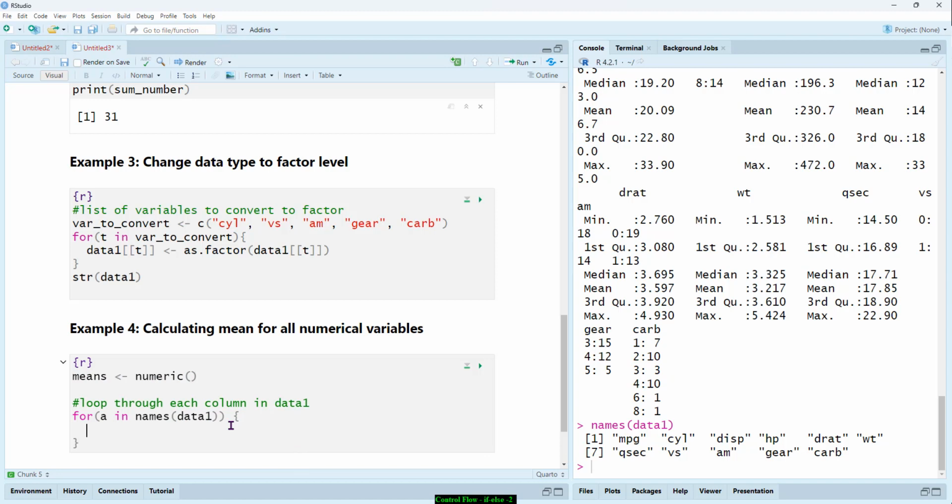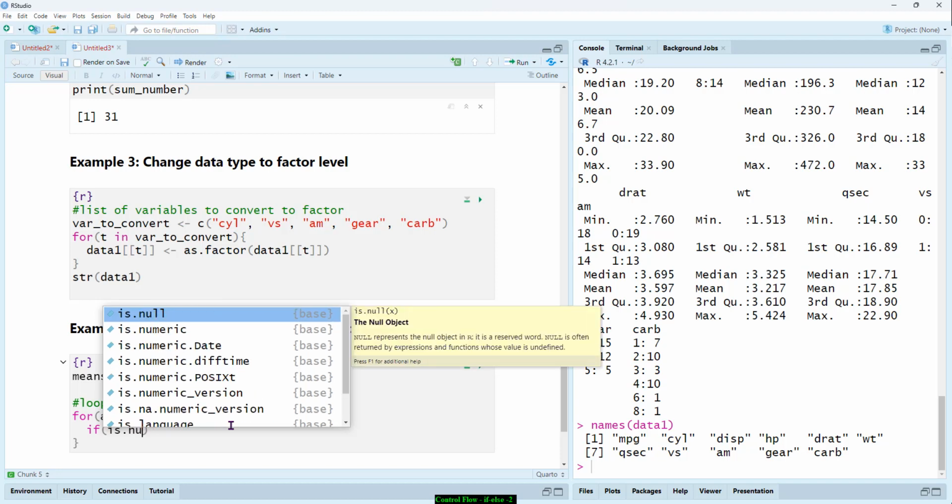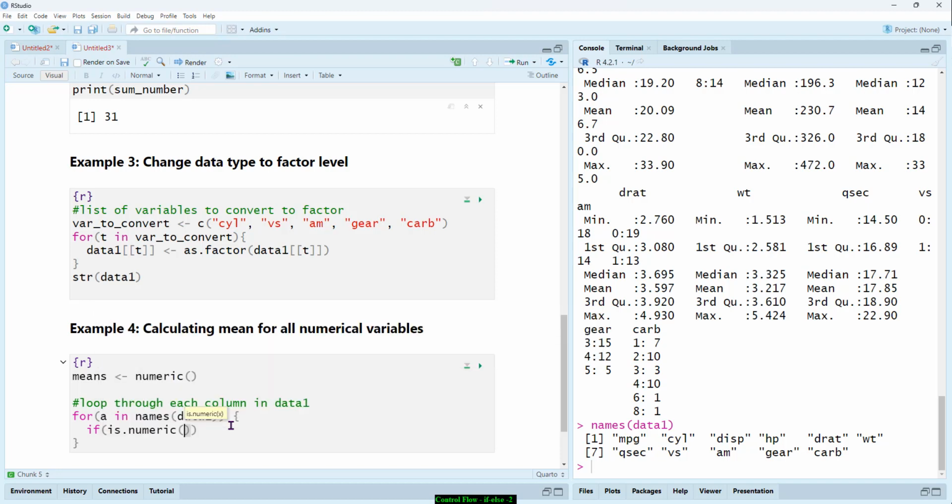So we will check another condition, if the data is numeric, right? So data 1 based on call, based on A lah, right? Boleh nampak if dia numeric, so apa yang kita nak? Kita nak dia cari mean of A, right? And so kita letak means of A lah, so senang, means of A, and then mean data 1 A. Kalau dia ada missing value, kita letak na.rm equal to true,